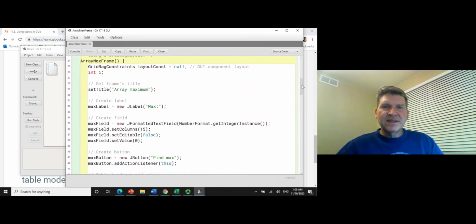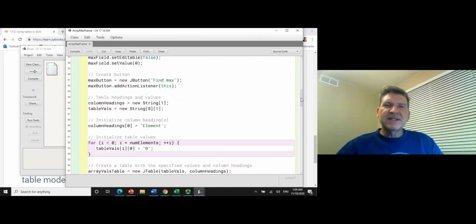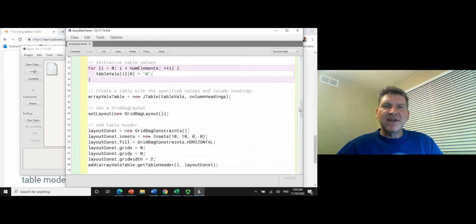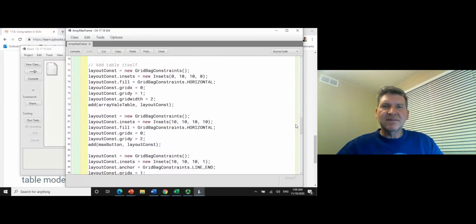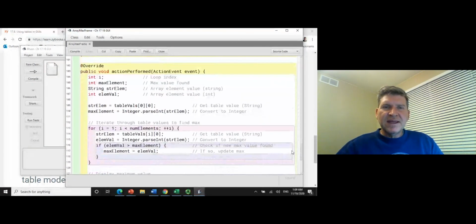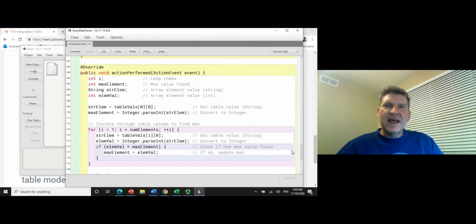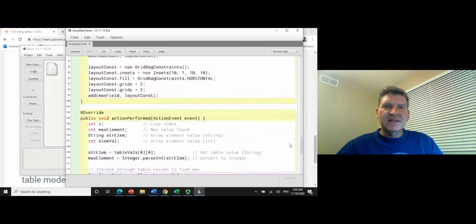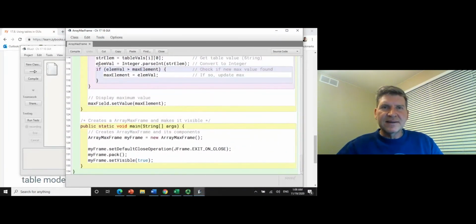I'm going to skip over a lot of these, but what it's going to allow me to do is type in a bunch of values, and it's going to find the maximum. One thing that we notice right away is that we have an action performed, and that's going to be tied to, take a look here, by compiling and closing